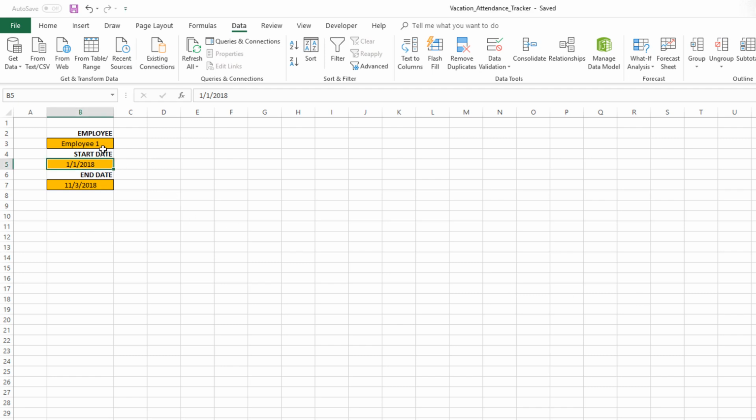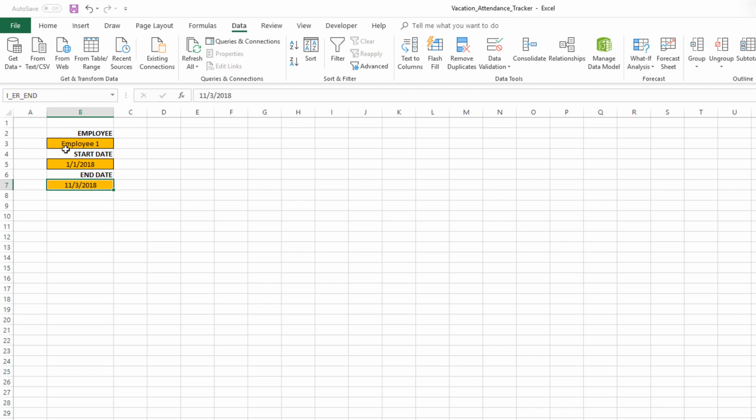Now let's just name these cells. So I'm going to name the first input cell as I_ER_EMP. So I stands for input, ER stands for employee report, that's the sheet we are in. And then EMP is because the input is going to be an employee name. So let's save that. And then this one, I'm going to call it I_ER_start. And then this one, we will name it as